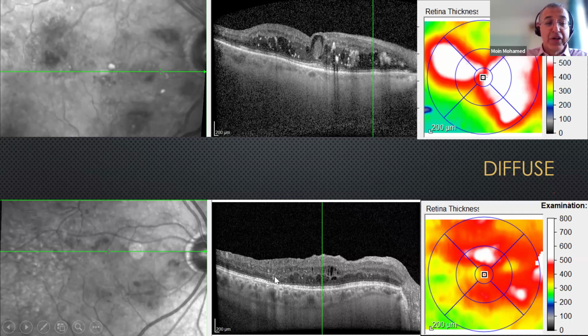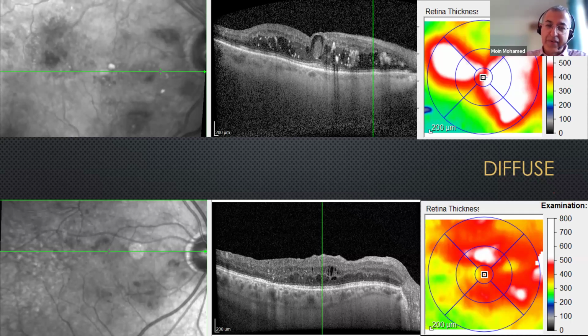So a tissue doesn't survive, particularly neuronal tissue, which has a very high metabolic demand, without being oxygenated. If you look at this picture, this little cluster of hemorrhage, which you can see on the infrared, is a real key indicator of foveal ischemia. So sometimes you see a patient with diabetes with very little going on at the back of the eye, but you see a few telltale hemorrhages just around the fovea, hemorrhages rather than microaneurysms, and they tend to be an indicator that there's foveal